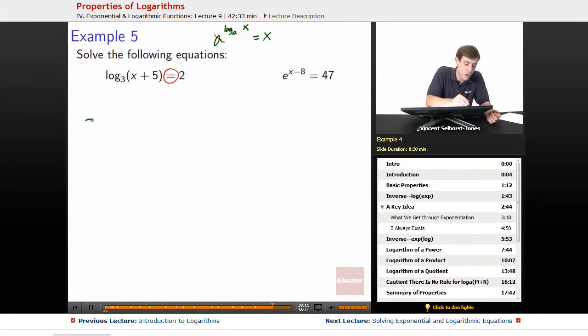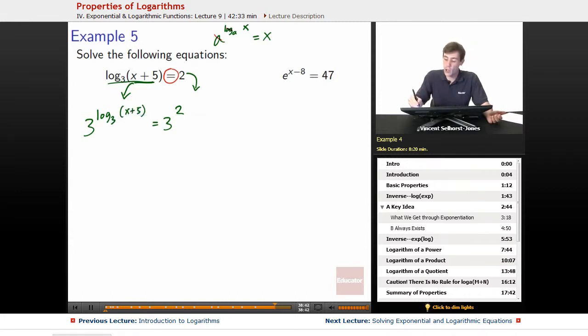So why don't we choose 3 as our a? 3 to the stuff is equal to 3 to the stuff, as long as it's the same stuff. So let's put 2 over here and log base 3 of x plus 5 over here. So 3 squared and 3 to the log base 3 of x plus 5. So 3 and log 3 wind up canceling out, and x plus 5 just kind